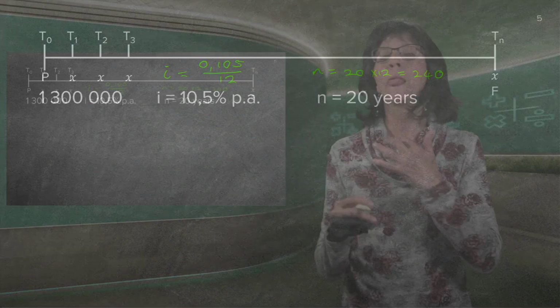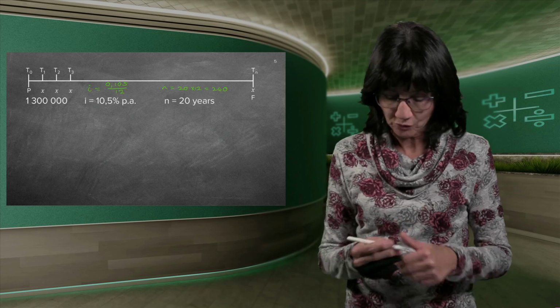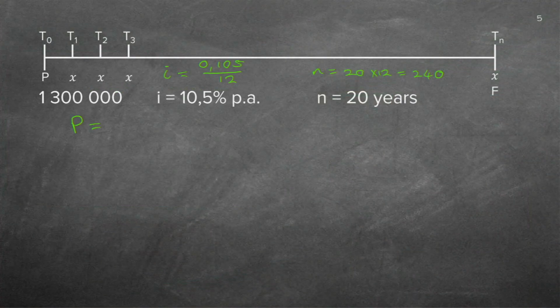So your whole problem in your formula will now be in months, which is good because we always have to use the same value. Good. Let's write down our formula. The minute you've written down your formula and you already got your I and your N, you see I never start any problem if I haven't written down my I and my N first. Same period, same time slot.